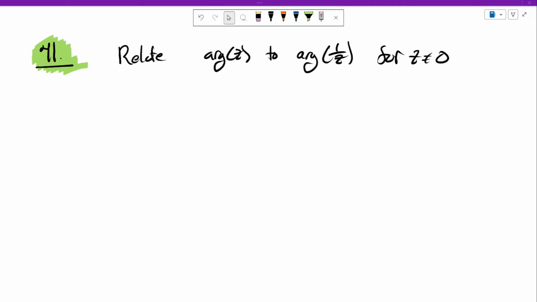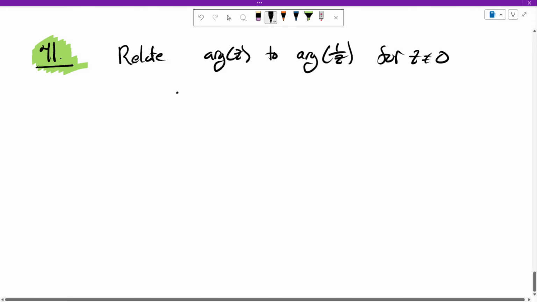Problem 41, we're going to relate the argument of z to the argument of z inverse. Now, what do we know about z and z inverse? Well, we know that z times 1 over z is 1. So what does this tell us? It tells us that the argument of z